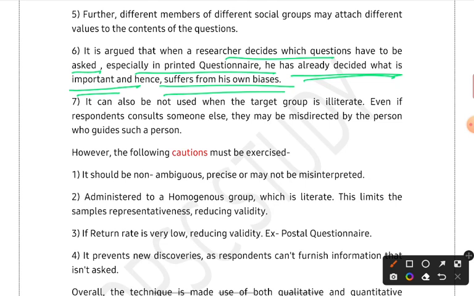Okay, this is important. Suppose, for example, in our school days, what used to happen: the teacher used to give some important questions, na. So he or she is trying to be biased, na. He's saying that this question is important in this particular chapter. It might be important, it might not be important, that might differ, na. So this is the thing.